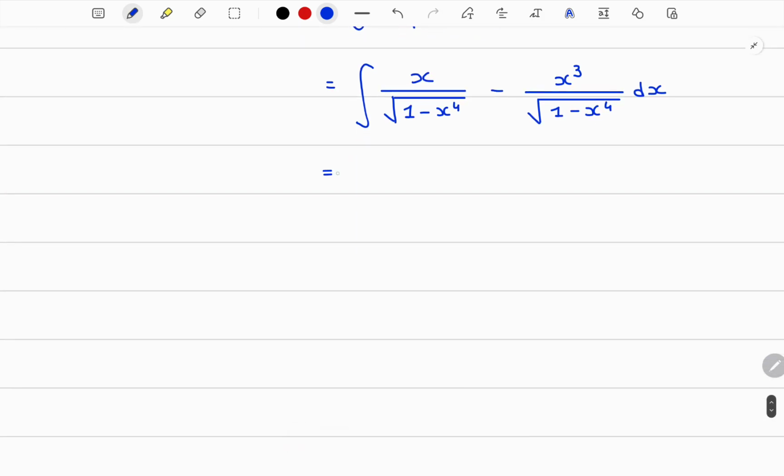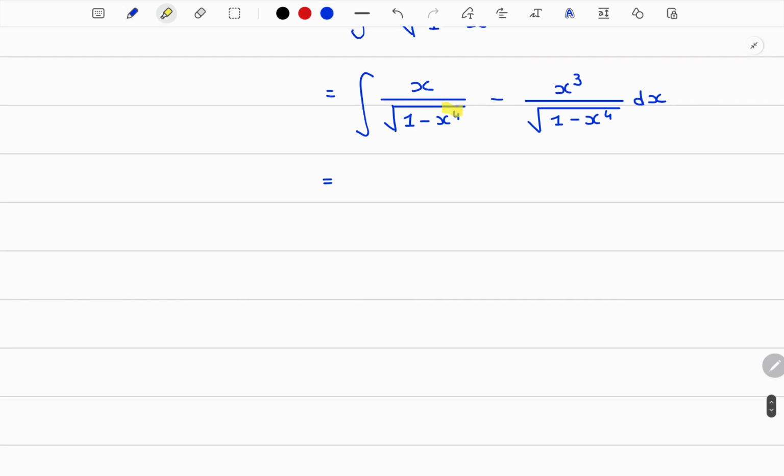Right? तो चलो. So in this first part, what we are going to do, so in this first part we are going to say this as I1 and this as I2 first, right? So here in I1,